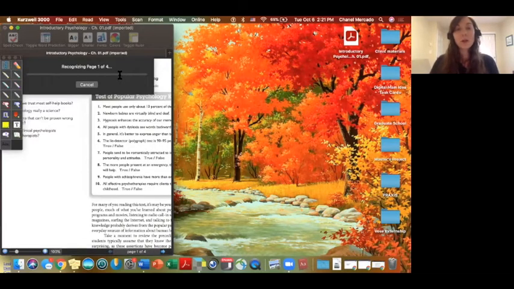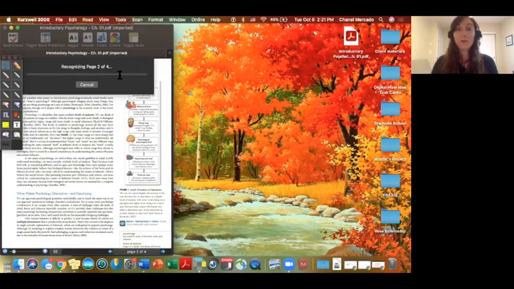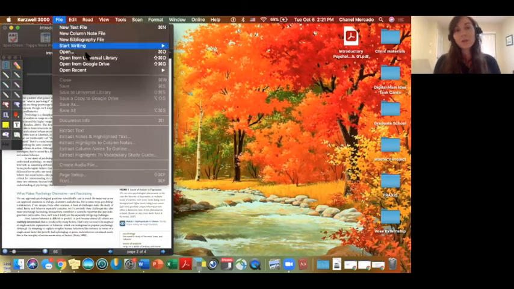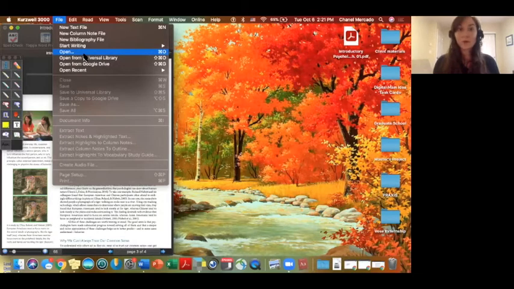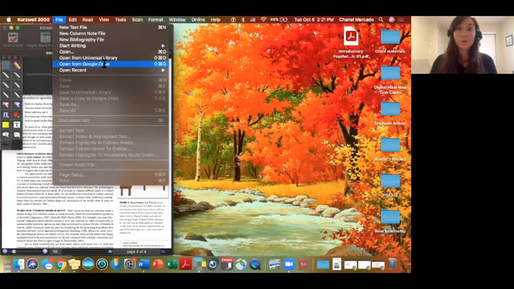If you do want to open a file from a different point, if you go to the top toolbar and select File, from here you can open. This option will open something from your local computer. You can also open from your Google Drive if you want to link that, which can be particularly helpful if you're an e-text student through the DRC, since the DRC drops off your electronic readings in a Google Drive folder.